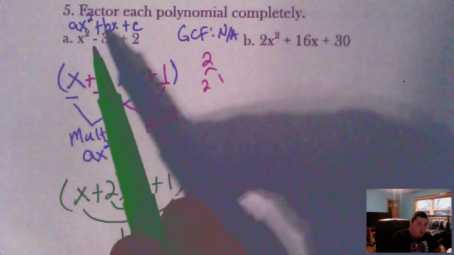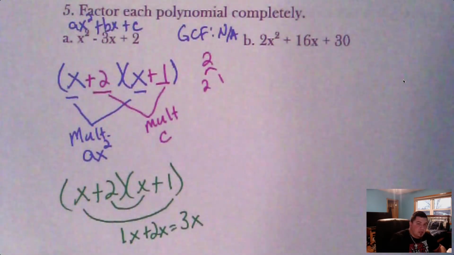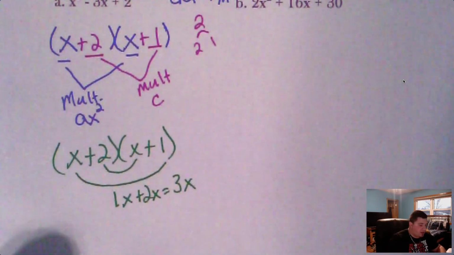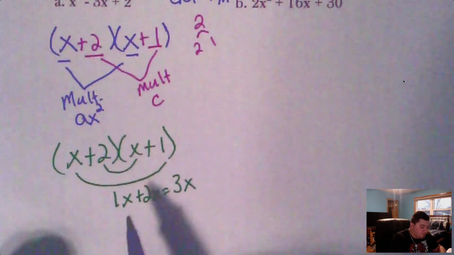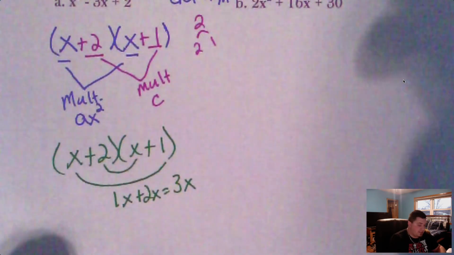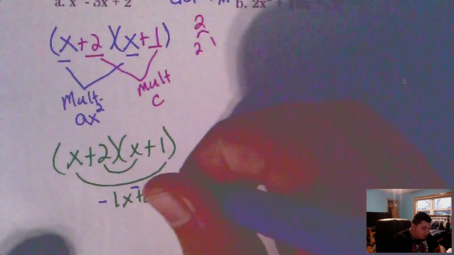Correct number, but we want a negative 3x. So symbol switch is if everything else is right. X times x, x squared. 2 times 1 is the 2. You have the right number, but the wrong sign. We're going to change the signs